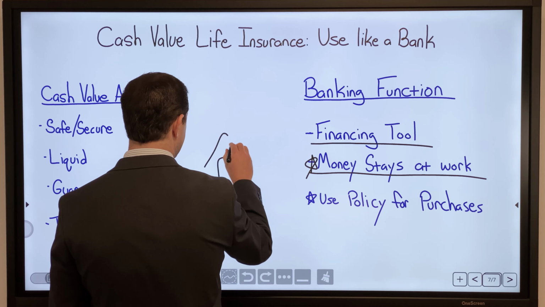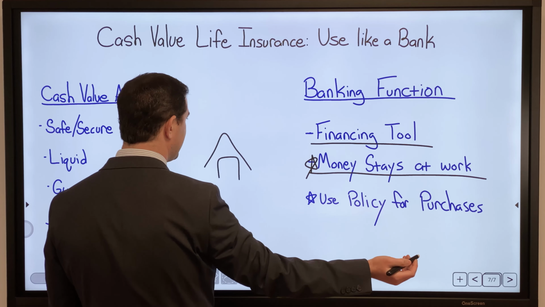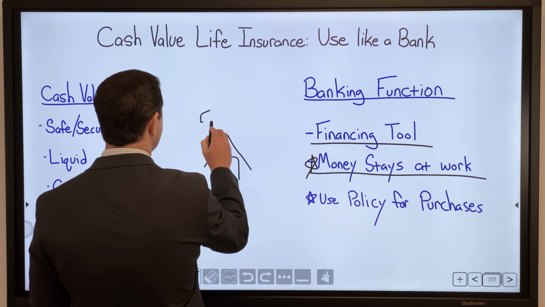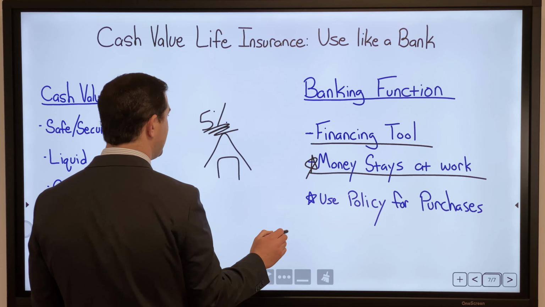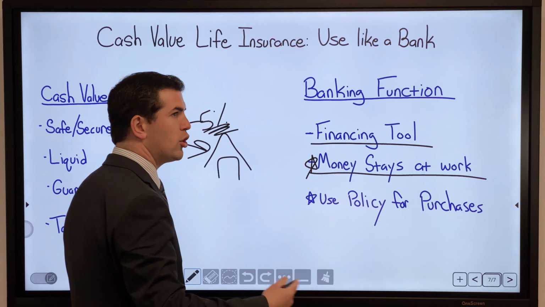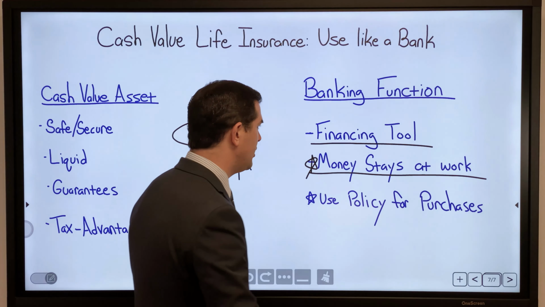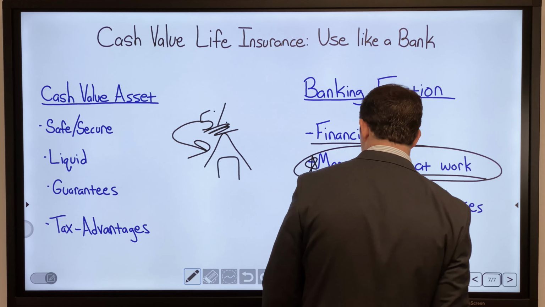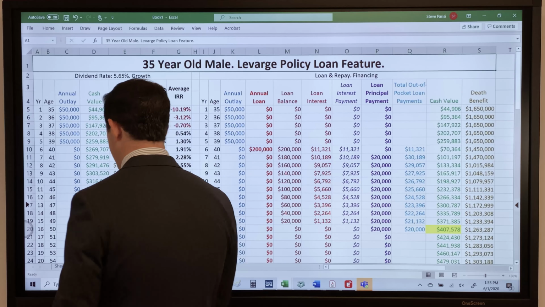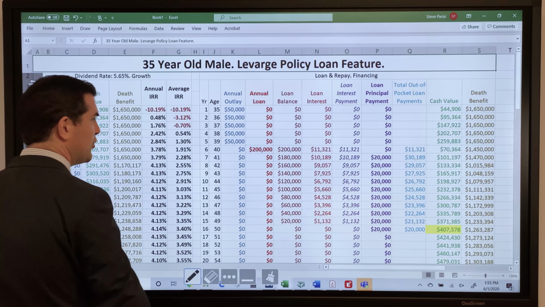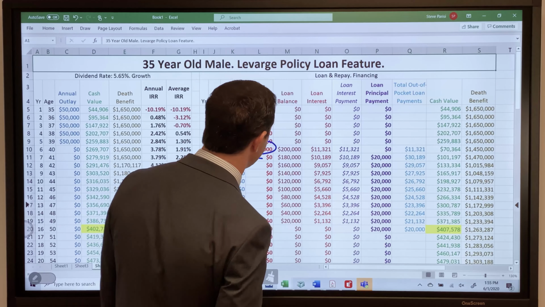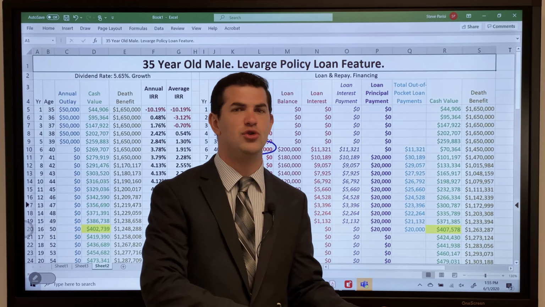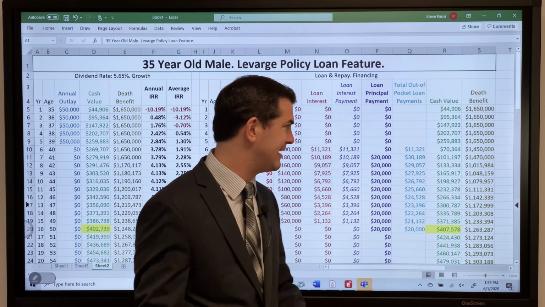A lot like real estate, right? If you own a home free and clear, or if you have a mortgage out against it, if it's appreciating the appraisal value at 5%, you're going to get that in the entire home, regardless if you own it outright or not. So money continues to stay at work for us, and let's use it for some purchases. What do we want to buy? For 200 grand, what do you want to buy? Let's say we buy a piece of property, or we invest in our business. We clear some student loans. Maybe it was from med school or something like that.